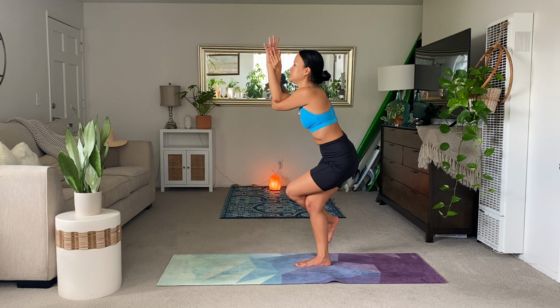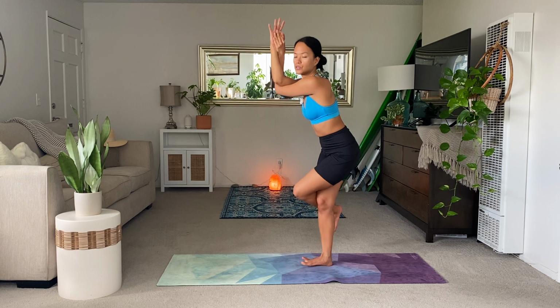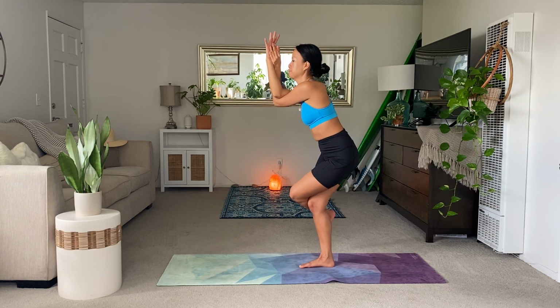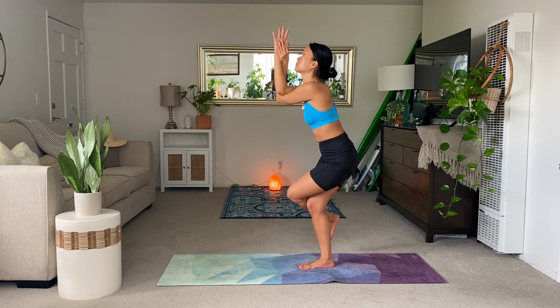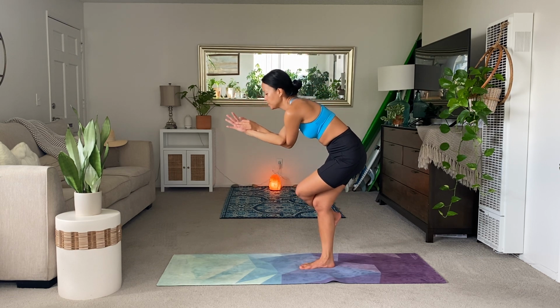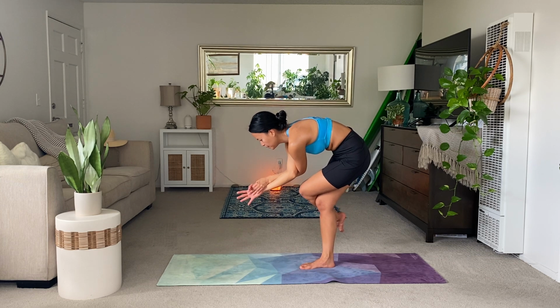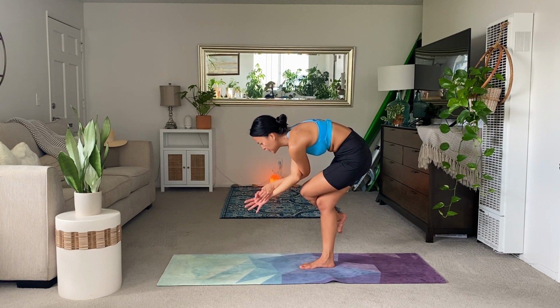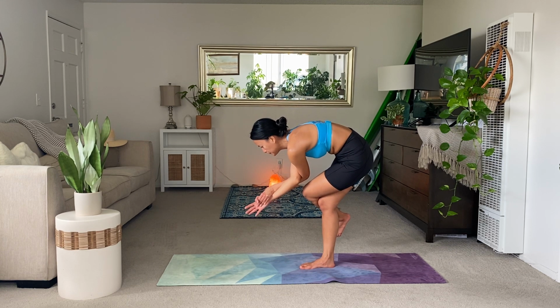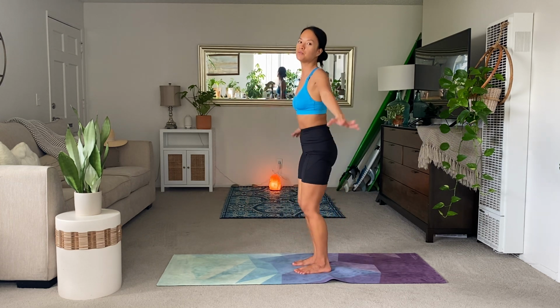And then sit a little bit deeper if you want. You can always let the toes rest onto the ground as well. Really good. Just a few more. If you came down, you can do that now as well. Balancing all your weight onto one foot here. Feeling the concentration, the focus. And inhale, rise, release, unwind, lift up, look up,